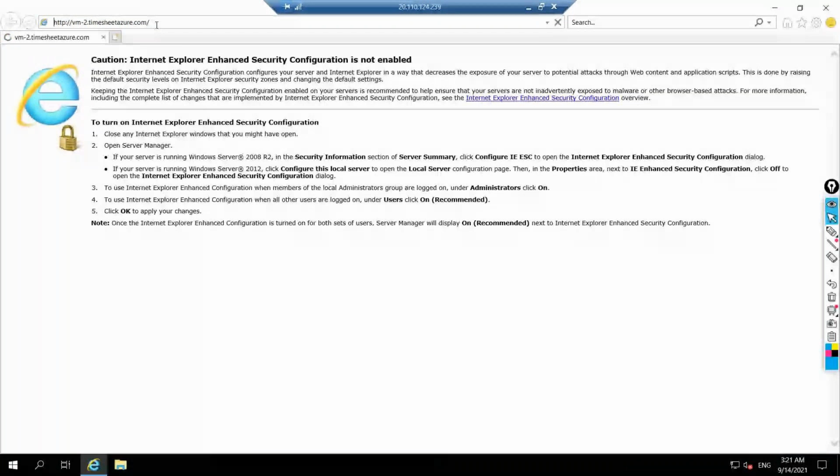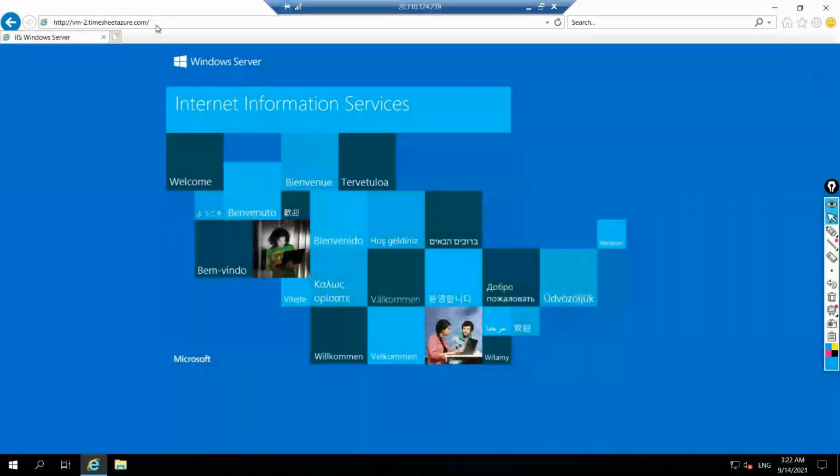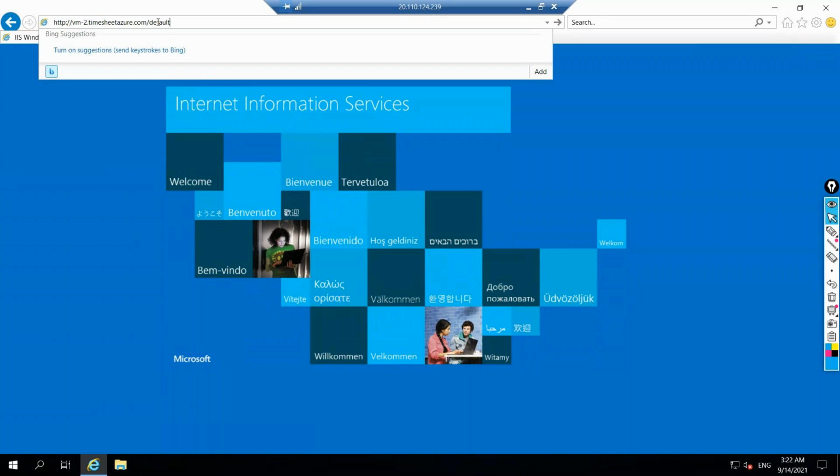And now when I enter, my private DNS zone was able to identify that I have a record set that is pointing to the private IP. And can this server reach the private IP of VM2? Yes, because it has a VNet to VNet peering. And if I go to default.html out here,